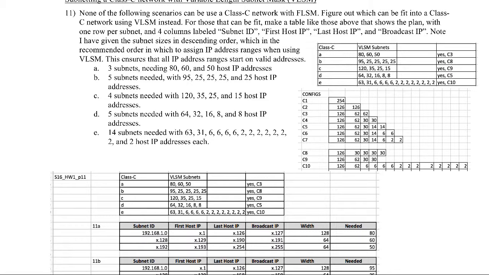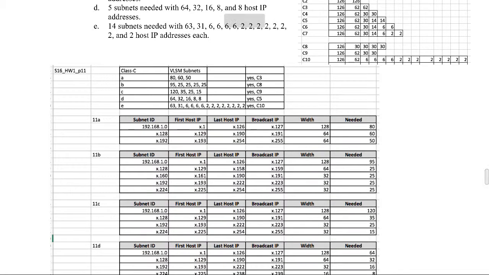For part B, 5 subnets, what I'm going to do is use configuration 8 here, which is a 128 and then 4 32s. So 4 times 32 is another 128. So we've got a total of 256 here. And the 25s all fit within the 30, and the 95 fits within the 126. So configuration 8. And what we're going to do is start with one of width 128, 0 to 128, and then we're going to jump by 32, so 160, 192, 224. So we have 4 of them of width 32 and 1 of them of width